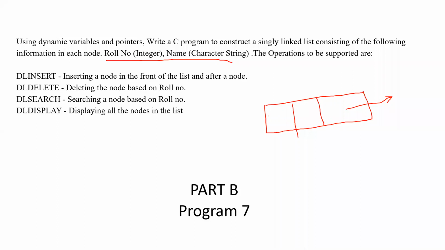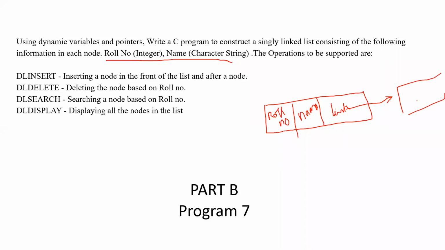So we will be collecting two data, that is roll number and name. Okay, so two data parts are there for this linked list node, and there is only one link part. Link is for linking to the next node. So now the difference, we will be accepting two data instead of one data. So the information regarding a student, roll number and name, for each student, we will be accepting in one node.